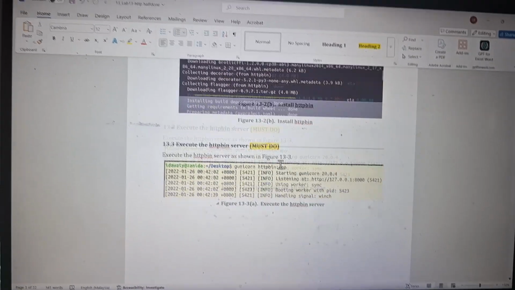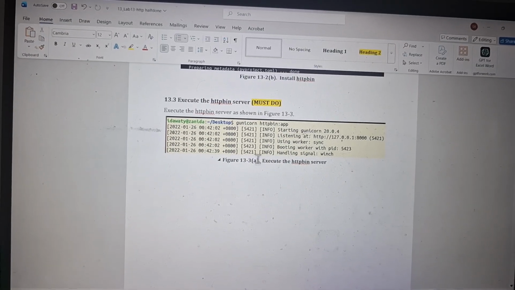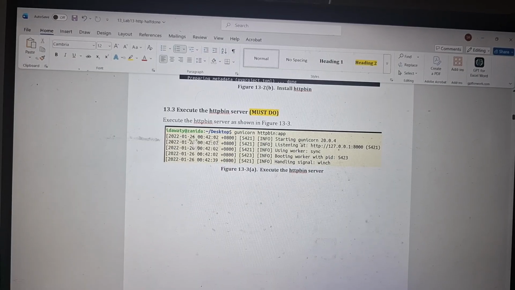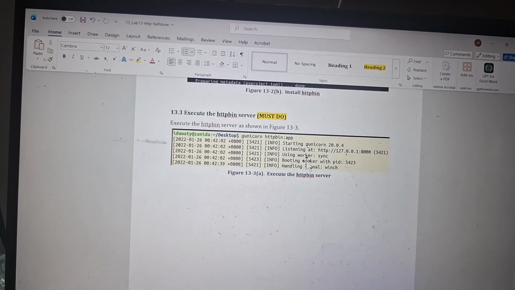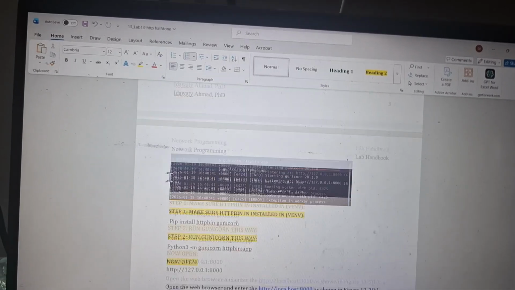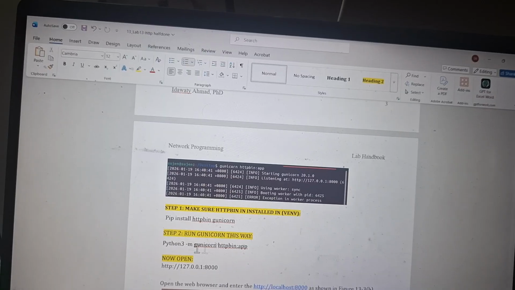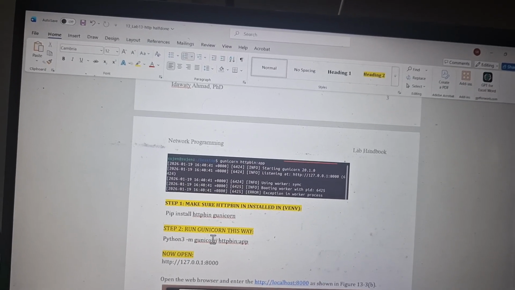And this is the thing. To execute it, you type gunicorn httpbin:app. It will show the time it started, that it's listening, it's working step by step. It's like handshakes. First is our steps to make sure the install is done, then Gunicorn is done, and now